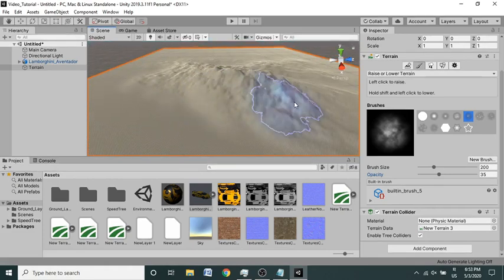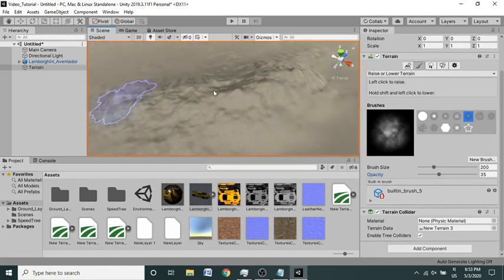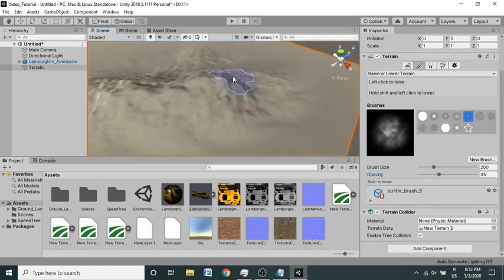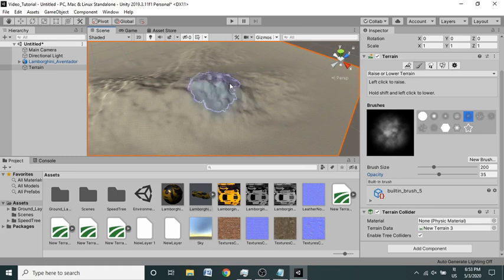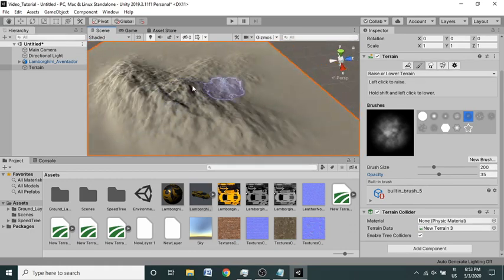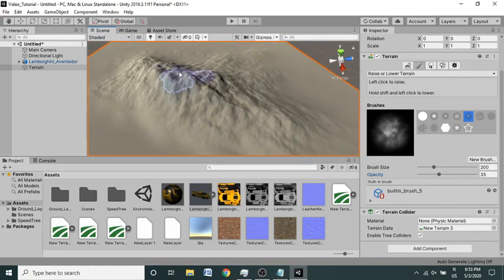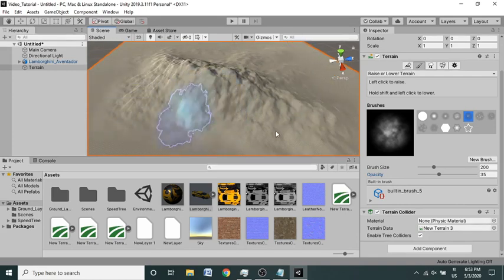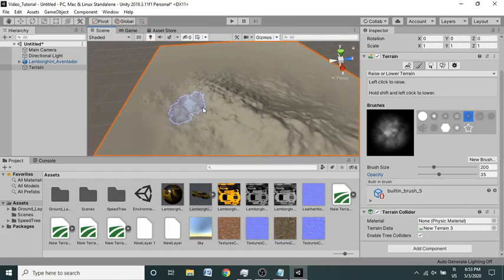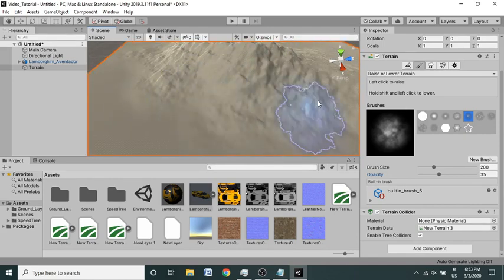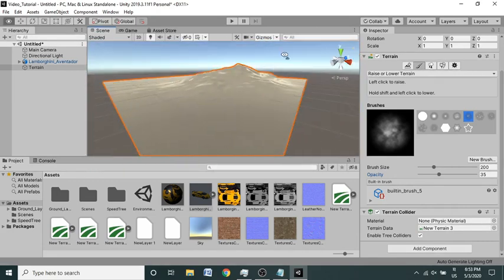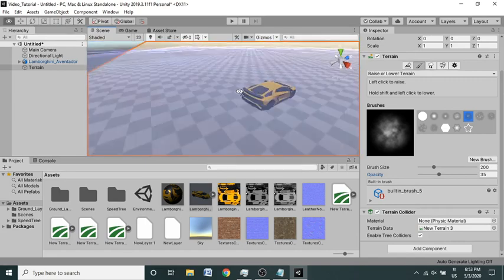I'm putting the opacity at a low value because after keeping the opacity low, you can add so much more detail inside the terrain. You can lower the terrain by holding Shift and clicking, just like that. We have already talked about this in the previous video on my channel. So I'm sculpting this. You can sculpt whatever you want inside your environment. I'm just going to sculpt it simply and not do that much detail. Okay, I guess this is looking completely fine.